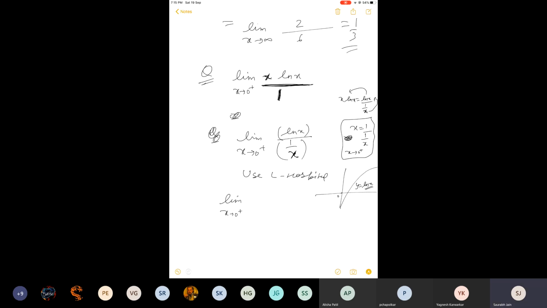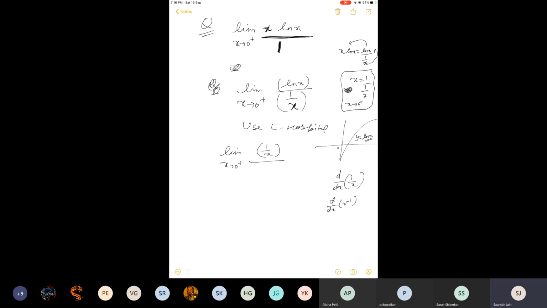So I was asking you the formula of differentiation. ln x differentiation is 1 by x. And can anyone tell me what will be the differentiation of 1 by x, because in the denominator we have 1 by x? What will you get after differentiation? x raised to the power minus 2, and minus will also come, because 1 by x is x to the power minus 1. So if you do the differentiation, it will be minus 1 x to the minus 2. So overall it will be minus 1 by x square, right?